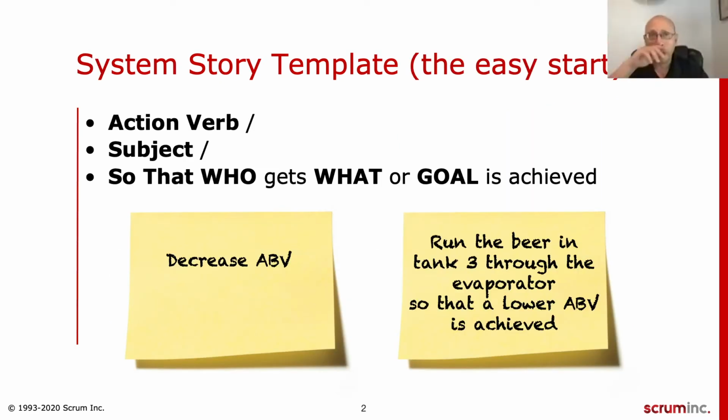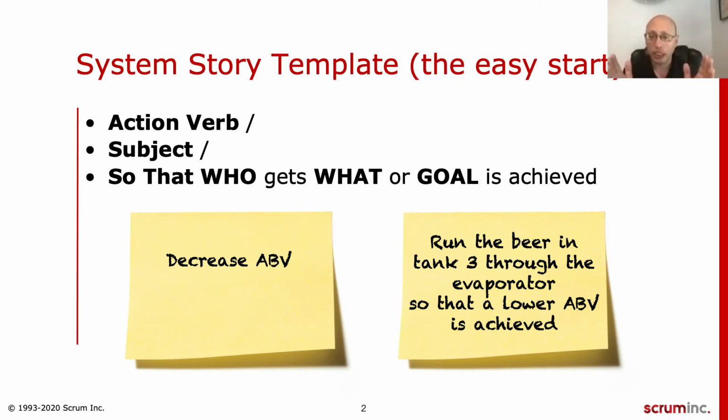So a system story, first of all, is very easy to write compared to a user story. And you can actually write all your user stories as system stories if you wanted to. Here's the idea. It still contains the same principles, right? Every backlog item has to have a value proposition, who it's for, things like testing constraints, or what we would call acceptance criteria, right? Which may be even beyond testing constraints. But it has to have a list of all of these different things. So here's an example. You want to have an action verb. Something's got to happen. You want to have a subject,